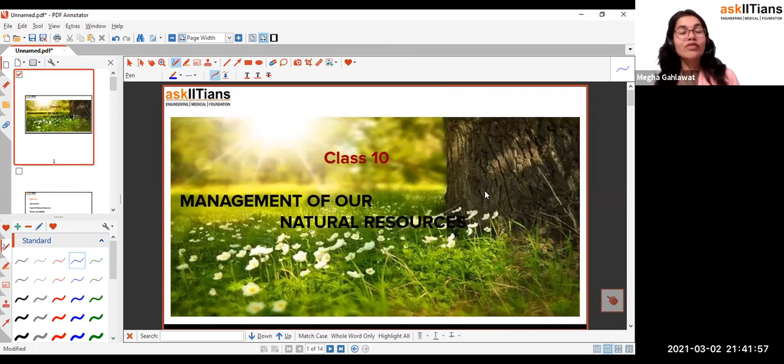I'm a biology faculty here at Ask IITians, and today we are going to do the one and only easiest chapter in the 10th standard, that is the management of our natural resources. It's very important for you to understand that as easy as this chapter is, it is very scoring, and most of the questions which are very quick to answer come from this chapter, which we'll be reading along, and I'll be marking those questions so that it is easier for you to score more marks